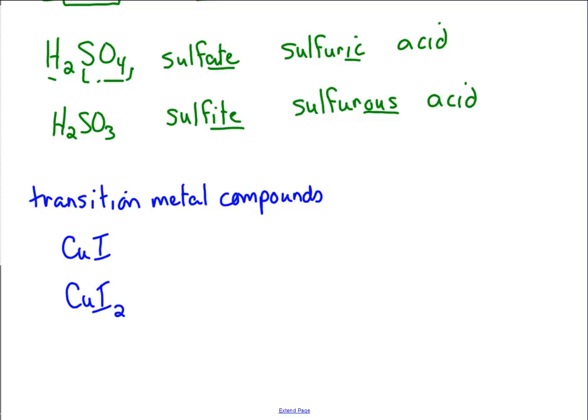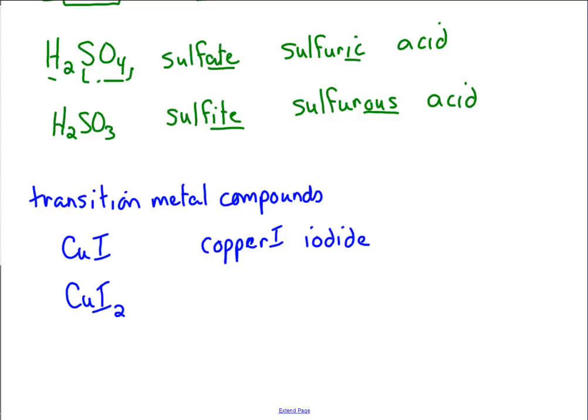So in my first example, I have to use that knowledge to allow me to figure out the charge of the copper ion. So when I name it, similar to naming other metal compounds, I'm going to name the metal first, so it's copper, and it's iodide. Now to identify the charge of the copper ion in this case, I'm going to use a Roman numeral. And this charge on copper in this particular compound is +1, so I'm going to call it copper 1